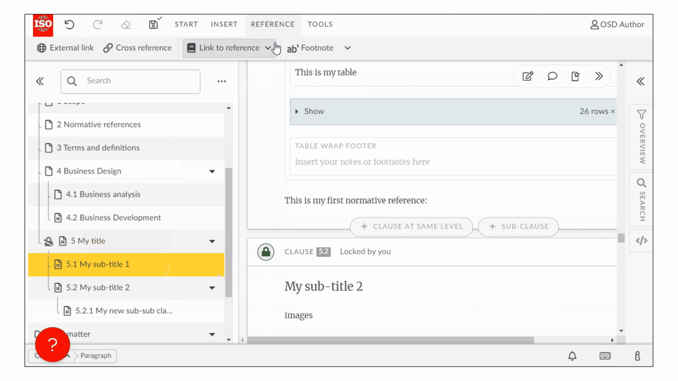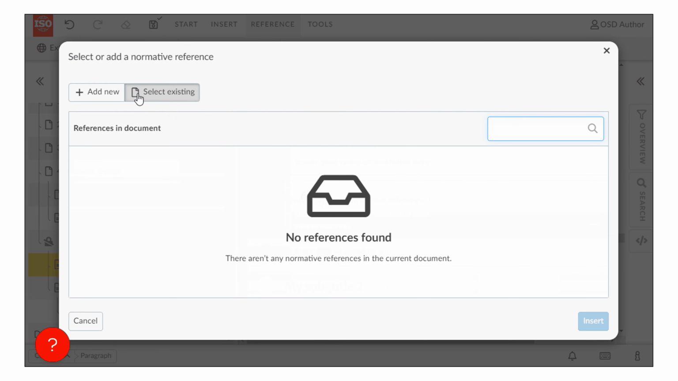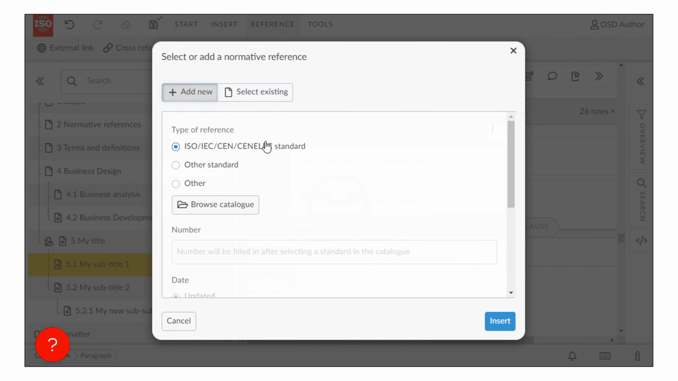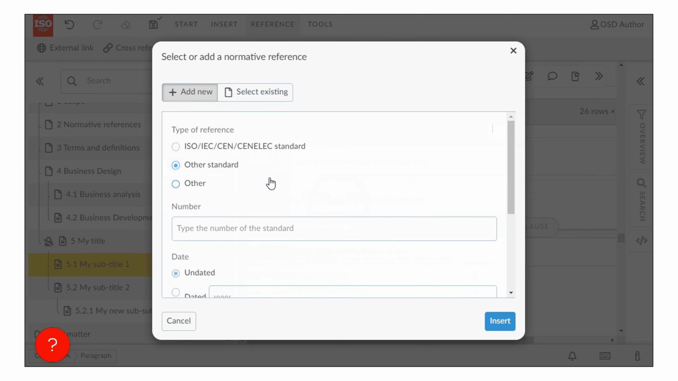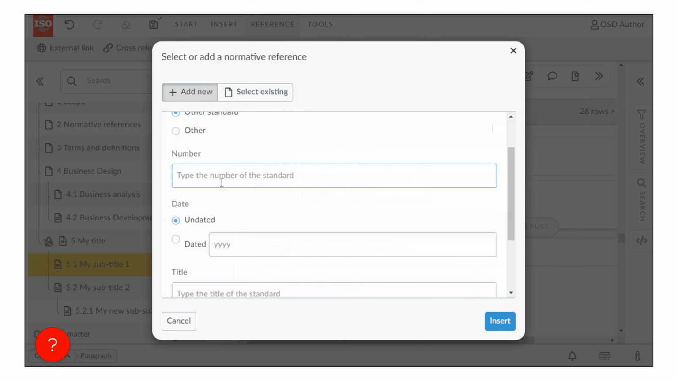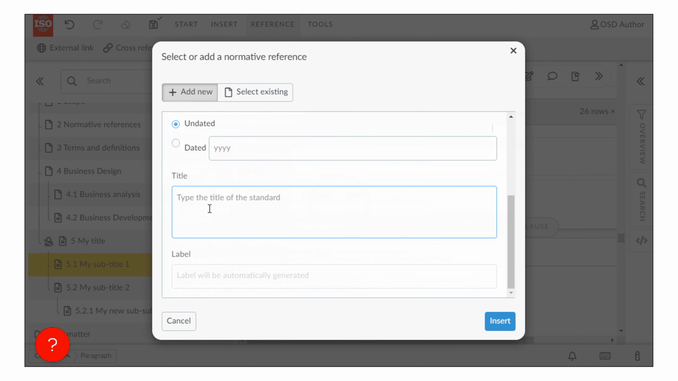menu and click on Link to Reference drop-down. Then click on Normative Reference. You can select from an existing list of normative references in the same draft, or you can click on the Add New button to select a new one. Here, if you're selecting a new one, you have the option to browse through ISO/IEC Sense Analytic catalog of standards or enter a different standard of the type Other Standard, where you would need to enter the number, make it dated or undated, enter its title,